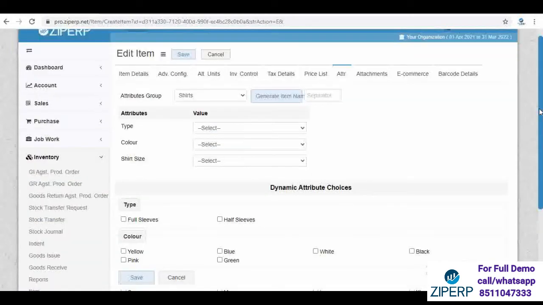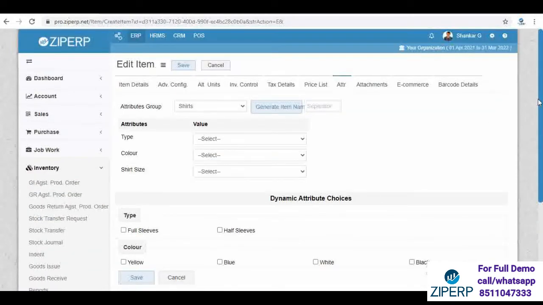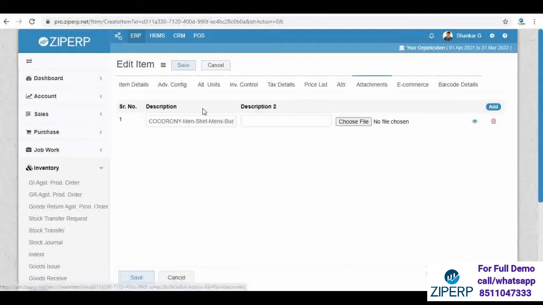We'll have a detailed discussion on this when we meet you personally, right? You can have multiple attachments related to the item. It may be a PDF, it may be a JPG, right? It is very useful in case you are into some engineering company and you have some product drawing which you need to refer again and again. Just attach this with your item, and you can